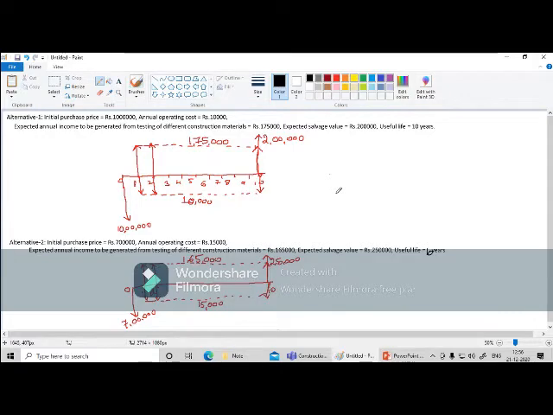Okay, so now for both the alternatives, we have drawn the cash flow. Now I have to convert this complete cash flow to present worth. I have to compare alternative 1 and alternative 2 using the present worth method, and based on its present worth I have to choose which alternative, or which equipment, I should purchase. So now to formulate the present worth equation, I'll start writing the present worth equation.